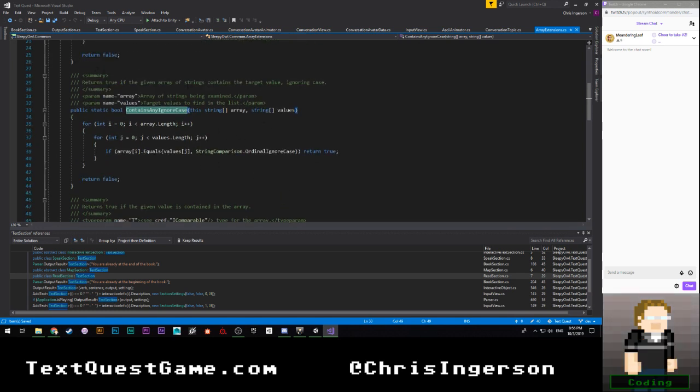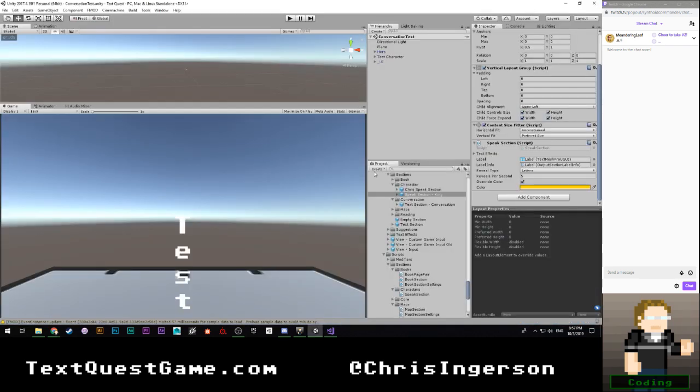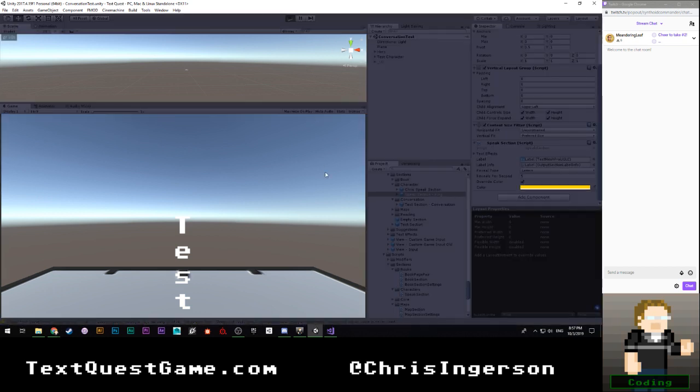This has to be evaluating to false for some reason. So it's not quite as functional as I would like. It seems like we have a little bit of an issue with our parser, but on the whole, it is working. The king does talk, and he returns to an idle position when he's done talking. So that's pretty nice, actually.